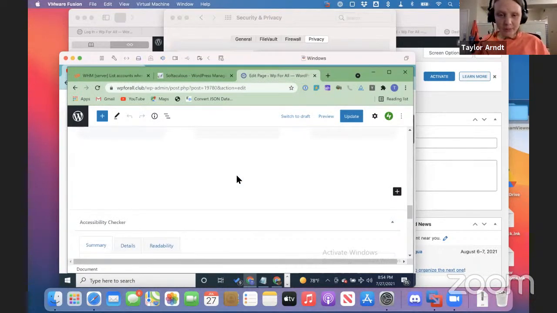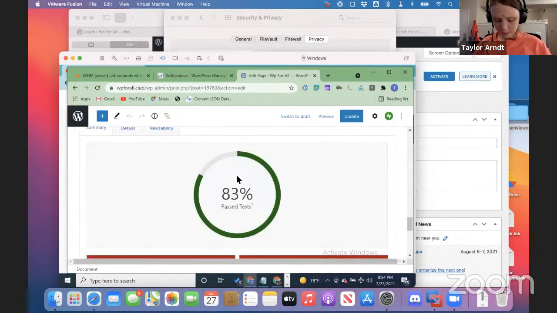I could also do my accessibility checker find command as well. So I could literally search for the words accessibility checker if I wanted, but I found the panel. Button expanded toggle panel, accessibility checker. List with 3 items, clickable link summary. Clickable link details. Clickable link readability. So 83%. Fast test 83% passed, 10 errors, contrast error. 12 contrast errors.